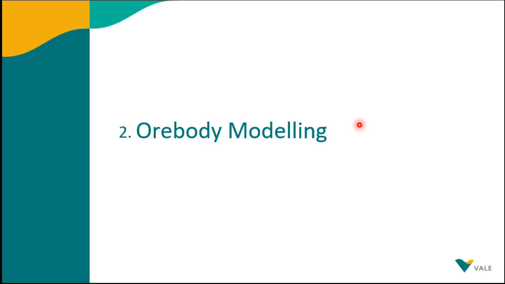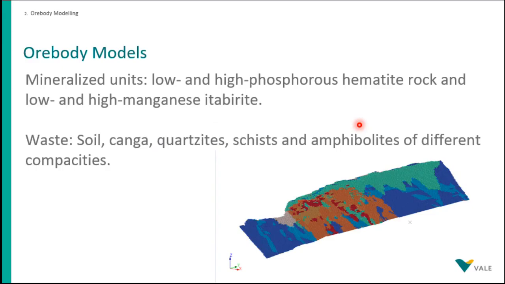So just some details of the ore modeling. As I mentioned before, we have some mineralized units here. We had hematite rocks, which were subdivided into low and high phosphorus. And the itabirites were subcategorized into manganese-rich and poor, rich and poor manganese content. And for waste, we have several types of materials that were aggregated into a single unit, which mostly were characterized